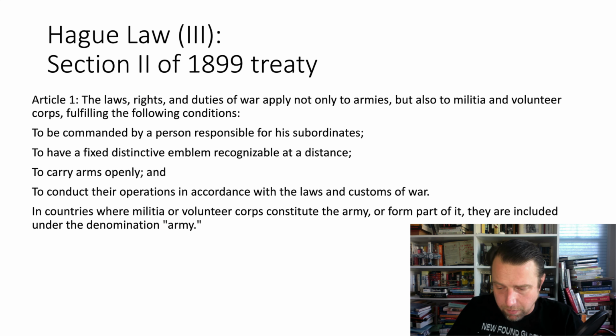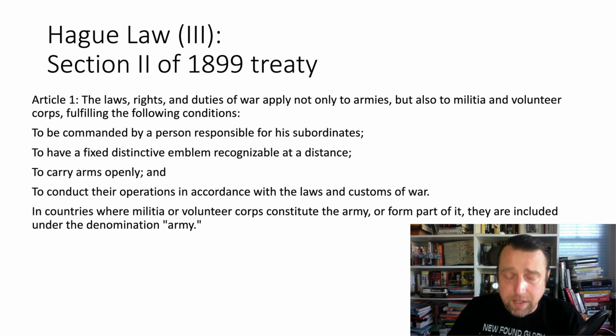Section 2 is important for our purposes. It does a whole bunch of things. It defines what a lawful belligerent is, which is to say who's allowed to kill on the battlefield. It outlines the treatment of prisoners of war. It provides standards that limit the use of force in a conflict. And it outlines how military occupation and the treatment of sick and injured soldiers ought to work. Now, Article 1 defines who could be considered a legal belligerent, and thus gain the legal privilege to kill on the battlefield without it being classified as murder. These are still the legal standards that are in place today.